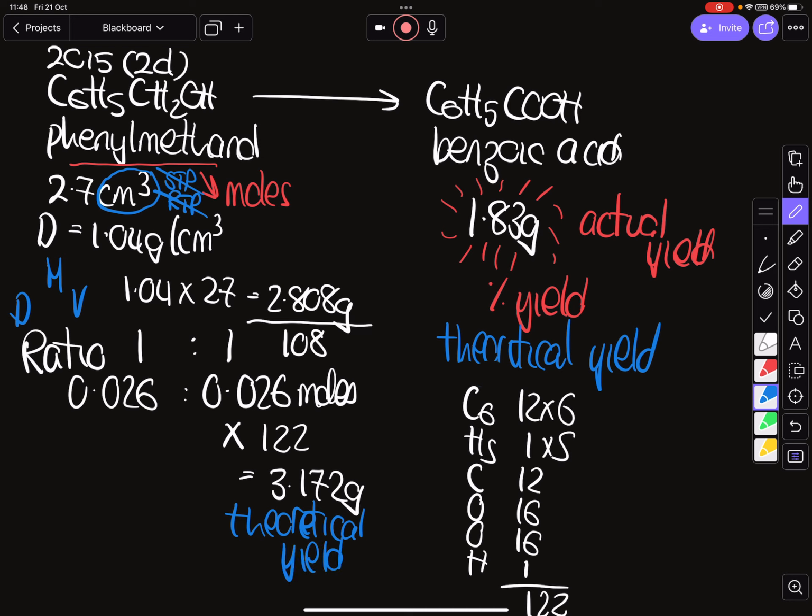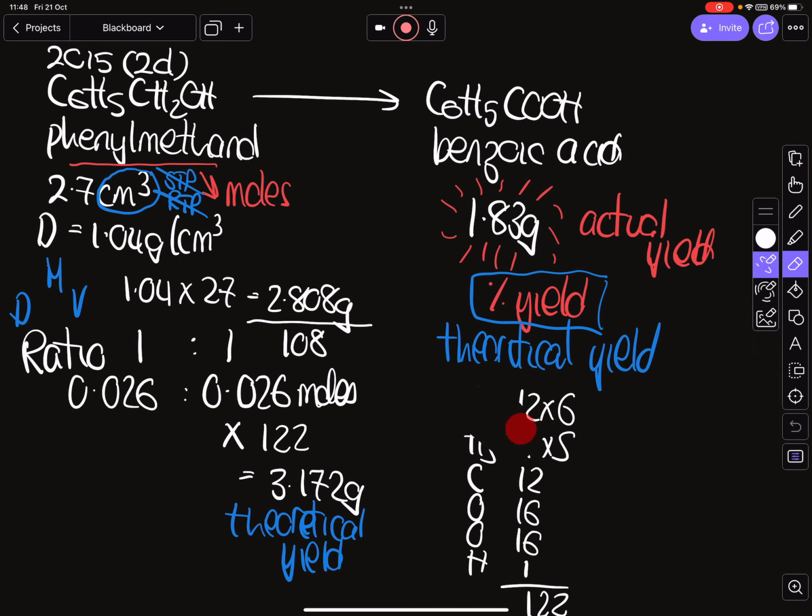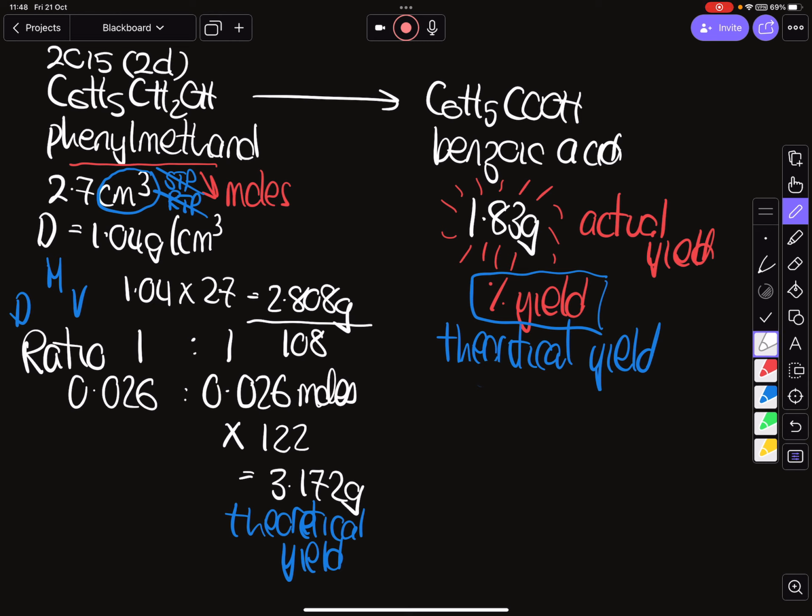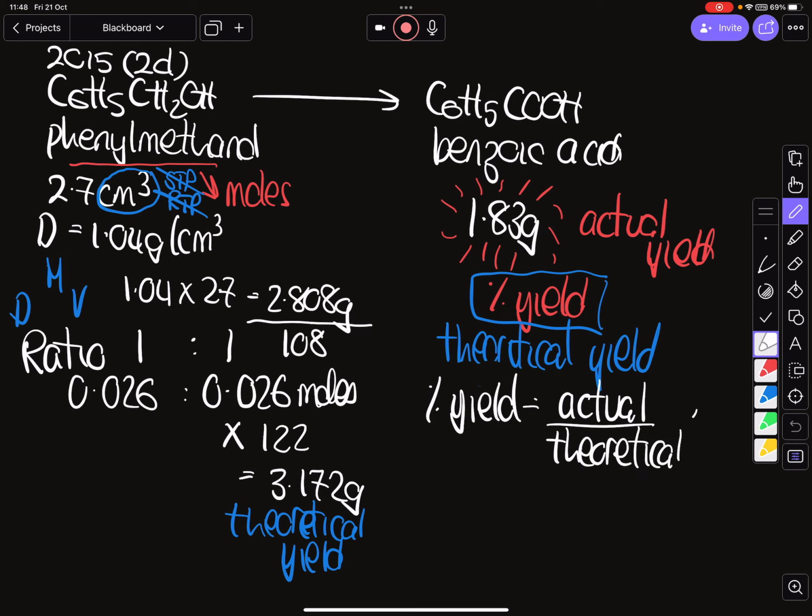So we're not finished, because our question said we had to work out our percentage yield is the thing that we want to find. So now we're at the end of our piece of maths. So it's asking you to remember the percentage yield formula, and that is actual over theoretical, by 100 over 1. So my actual yield was the 1.83 given in the question. My theoretical yield is the 3.172 multiplied by 100 over 1. When it gives me that, it gives me